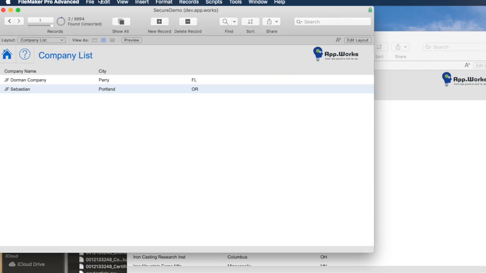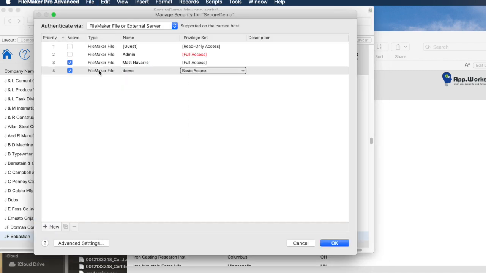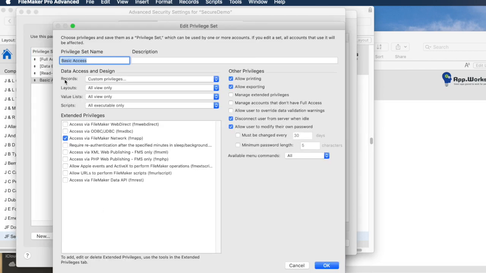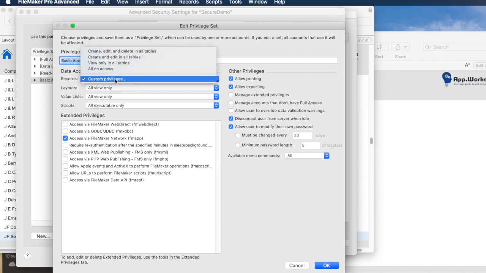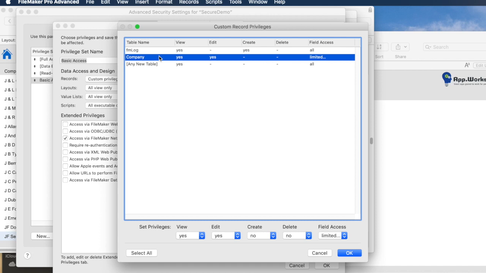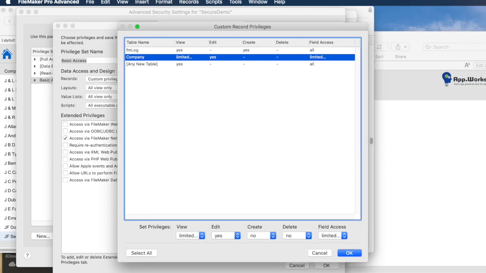So I'm going to go back into my settings for Manage Security, and I'm going to make one further change. I'm going to go into my advanced screen to my basic access one, where I have record level security, and click on my company table, and where it has field access, I'm going to change under view to limited. I'm going to say you can only view it if the state equals OR for Oregon. So when I make that change and save it,